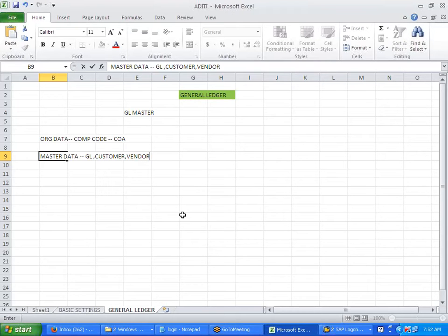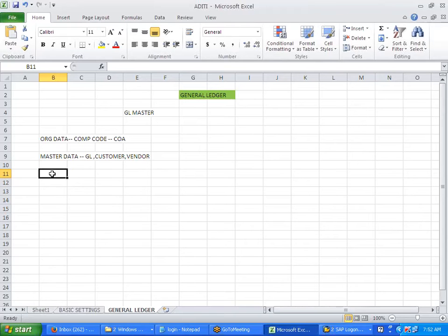For example, a customer created is used by FI, also SD, also MM, also everybody. The important thing about this data is it remains constant over a period of time. It doesn't change. It controls how the transaction data is posted.